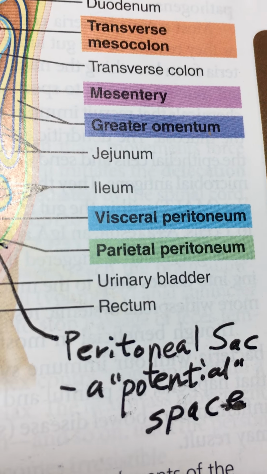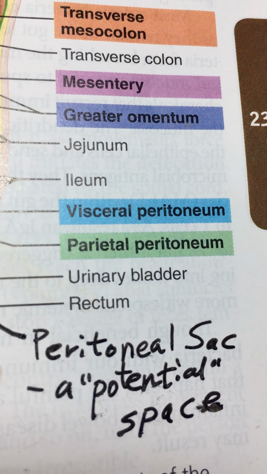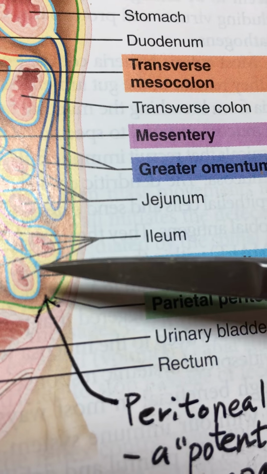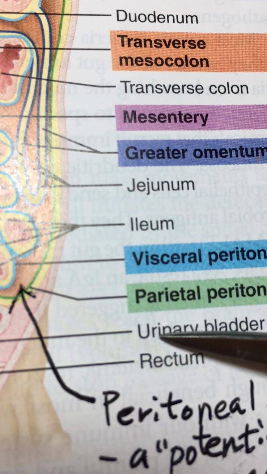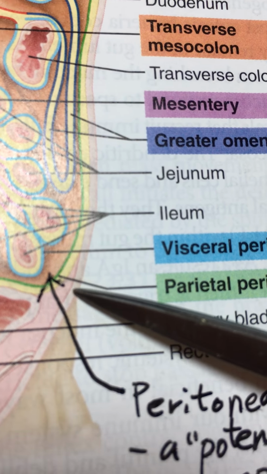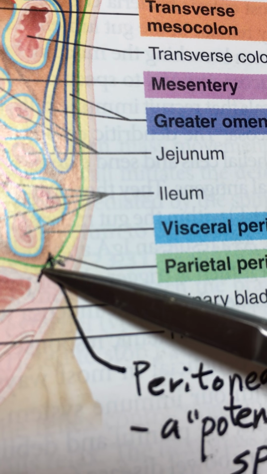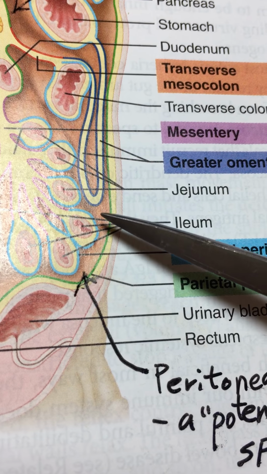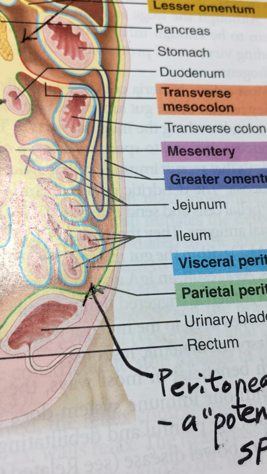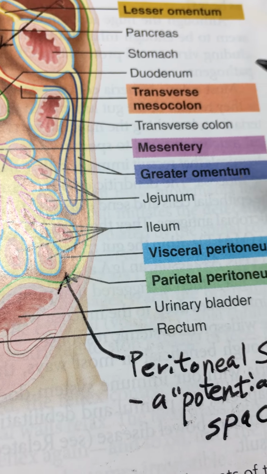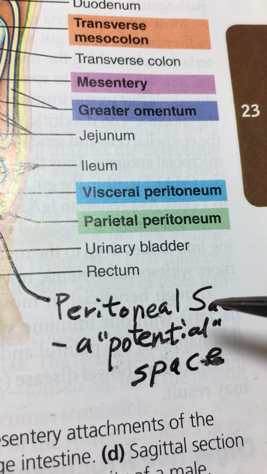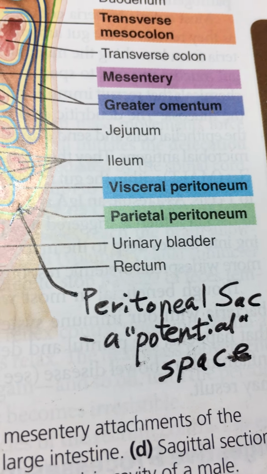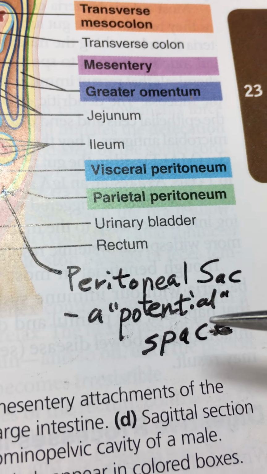And so we have a visceral and parietal peritoneal layer. The visceral layer is closely associated with the organs. The parietal layer is closely associated with the wall, the interior wall. There is this potential space here that the artist has exaggerated in order to show the position of the organs. Okay, so the peritoneal sac itself is an enclosure, and it is a potential space, and nothing exists there except